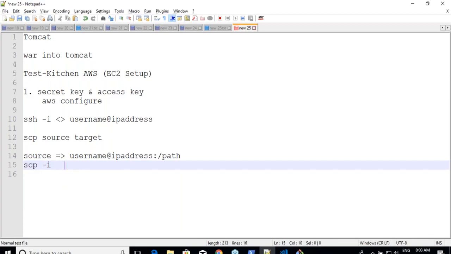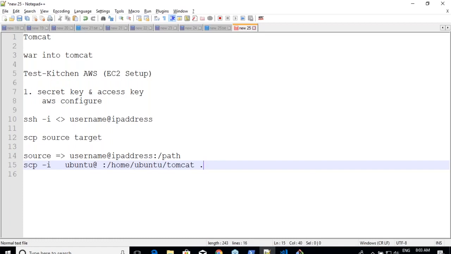So what I'll do is I'll just try to tell whatever the username of that machine is, Ubuntu@ whatever the name of that machine is, : and I have a file in tomcat7 which is /home/ubuntu/tomcat7, and I want to copy that over here. Simple. So that I'll get my tomcat7 file in my local system.